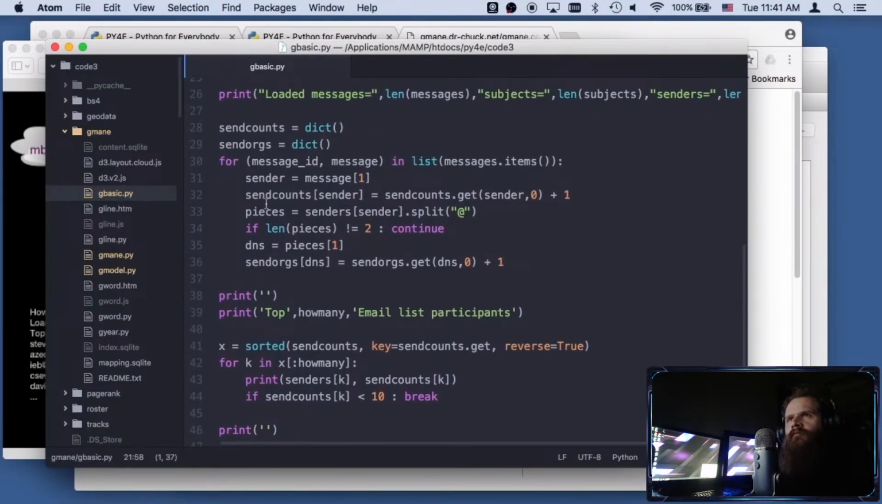So I'm going through all the messages except not the body, so this is going to be really quick. I'm pulling out the sender's ID. I'm breaking the sender into pieces. See, my data's clean now. I cleaned it all up in the previous processes. And if I don't have two pieces, I continue, and I get the domain name. So I have the person. I'm doing a basic dictionary histogram for the people and the domains. And then I'm going to